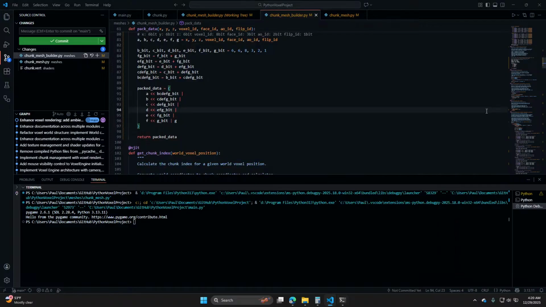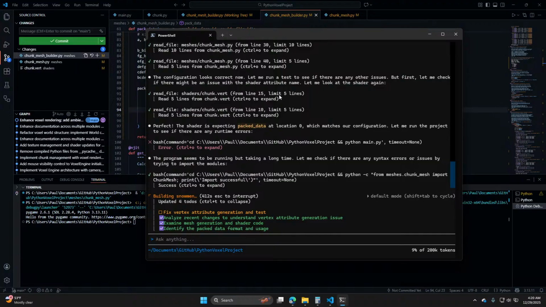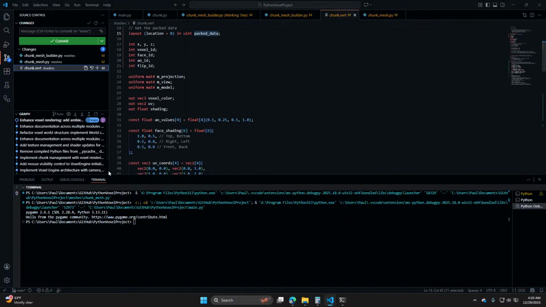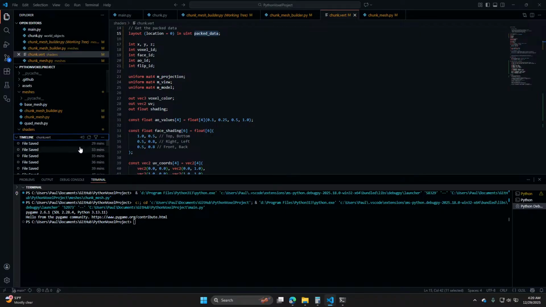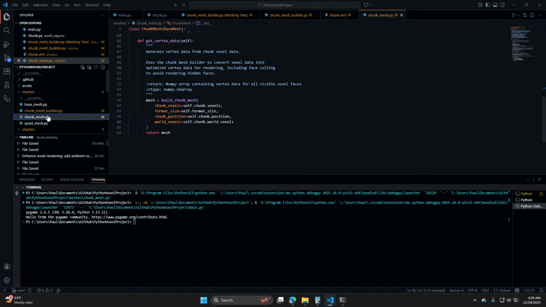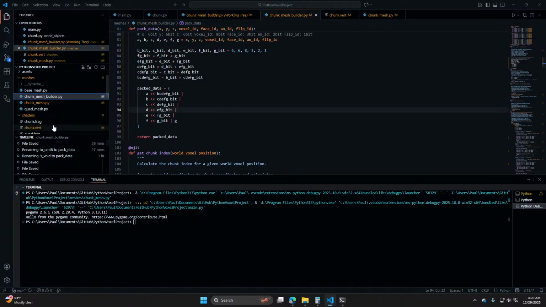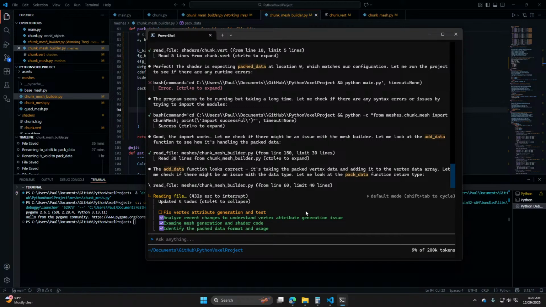Okay, so it seems like using AI to help me solve my problem actually worked, but I need to know why it solved the problem. Jeez. Let's see what it did. Chunk mesh. What did it do? I just plotted stuff in and then